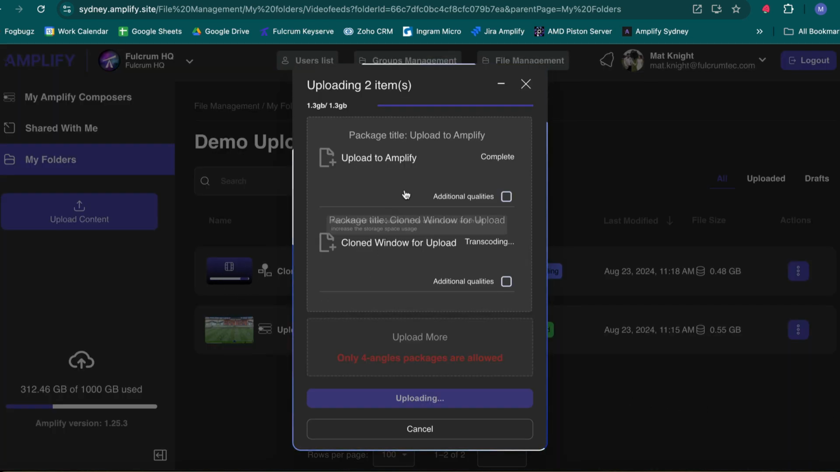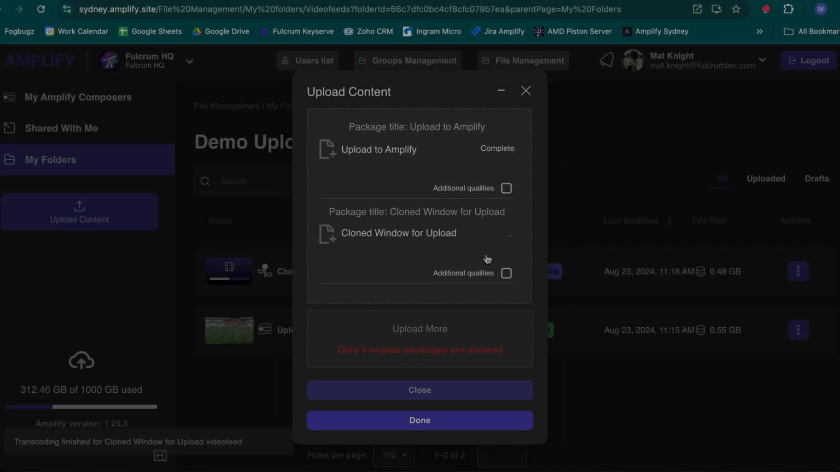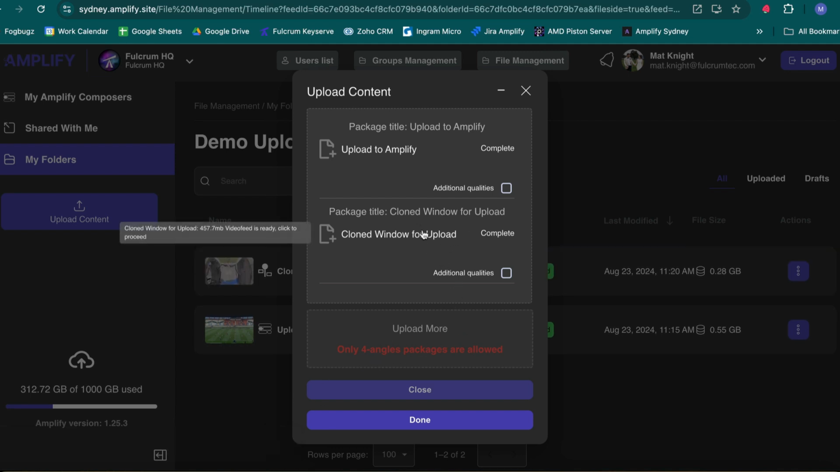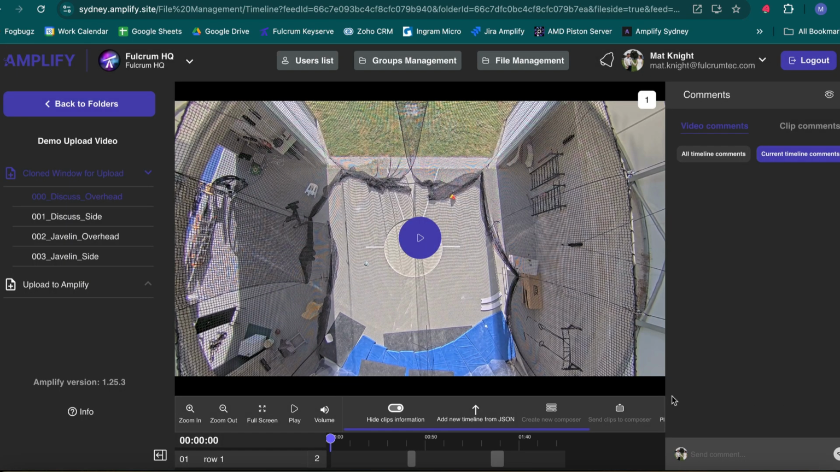I can quickly click on this file in order to jump directly to it and start viewing my content. Or if I wait until this one has finished transcoding, clicking on either of these will automatically close the uploading model for me. And so here we are. We can click on this and view our final product, the uploaded angles aVault that is now on the Amplify